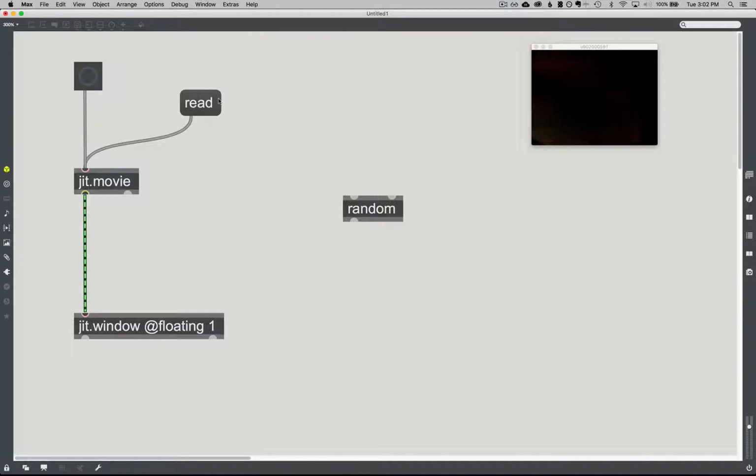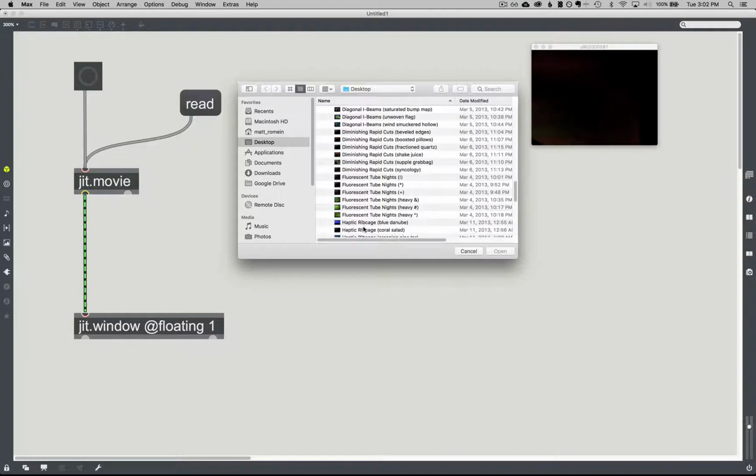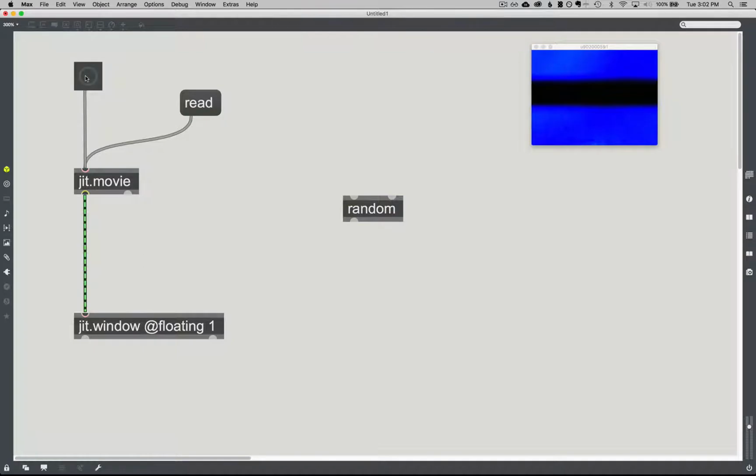This movie's a little darker. We'll grab something that's a little lighter so you can see what's happening on that. There we go. Now we're seeing different frames come up in the movie. And if I hit this really quick, it's almost like I'm actually playing the movie. And what we're looking at is